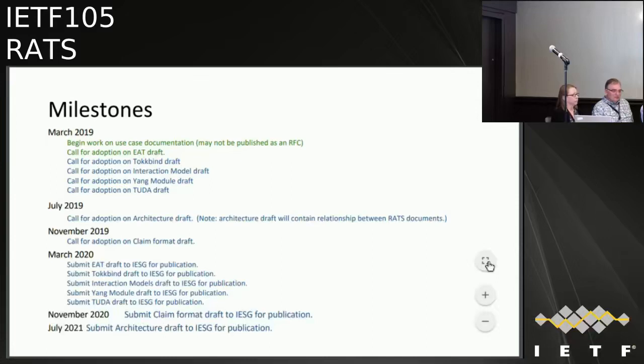The second one is TUDA, so did Hank read? Yes, Hank. Okay, so you're not presenting on TUDA, but I'm presuming that you still want to move that forward. Yes, this is Hank. We have internal development processes that are not finished, so we will. That's fine. And the answer is yes. Thank you.